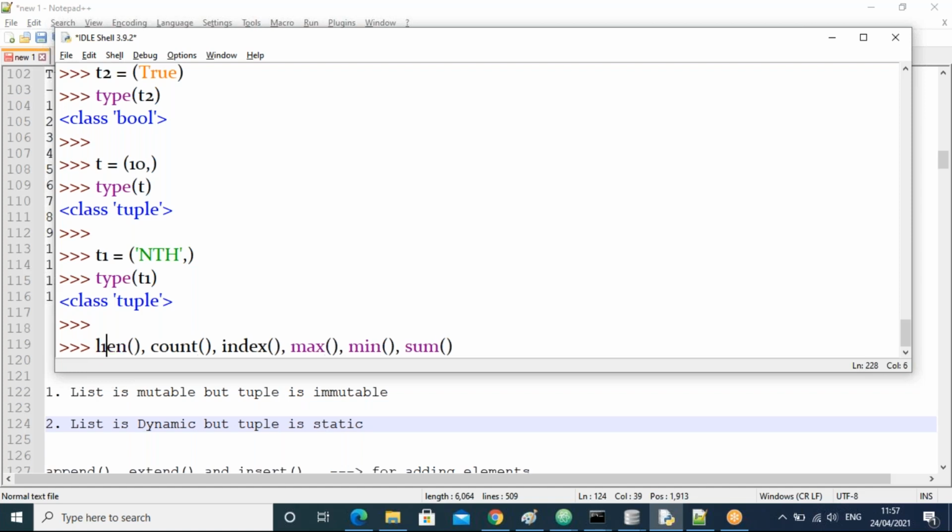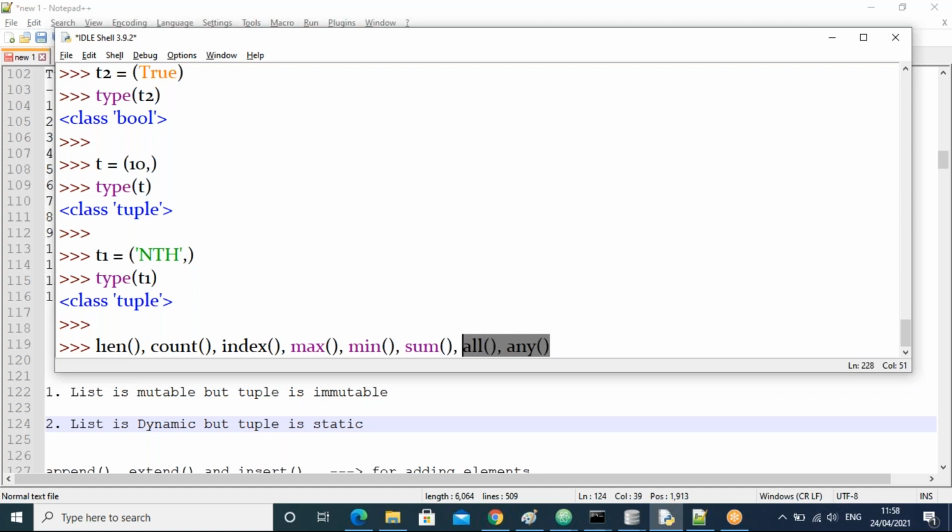And still there are some functions, guys, like the all function and the any function. These two functions are not discussed in the list. Now these two we will discuss.